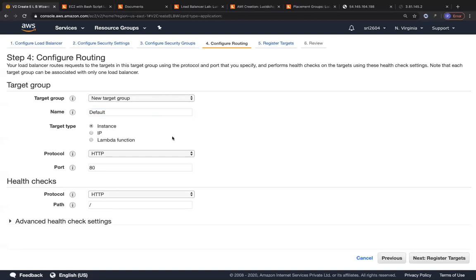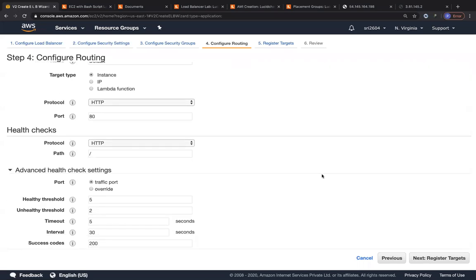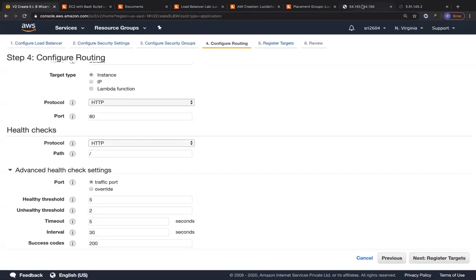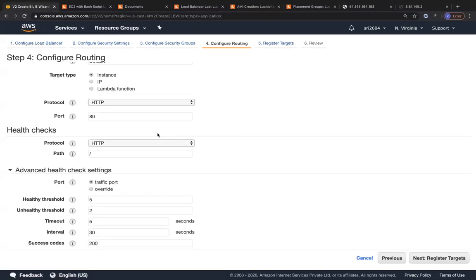With this default target group, you can see the target type that we studied in the PPT is of type instance, IP or Lambda function. We are going to go with instance right now because we have 2 EC2 instances with us. The protocol and the port are going to be HTTP and port 80 because on our EC2 instances we have HTTP and port 80. The health check is pretty important. The health check protocol is going to be HTTP because the load balancer is going to be hitting both our EC2 instances on HTTP. The path is going to be slash. To tell you why it's slash, even at the end of this IP address, if you put slash, it's going to go back to the same IP address only. That's the reason why we have it as slash.